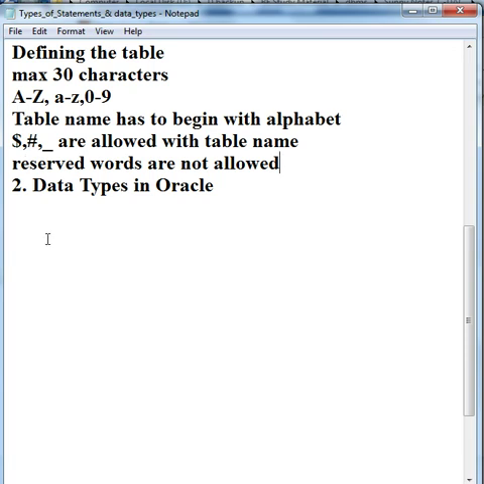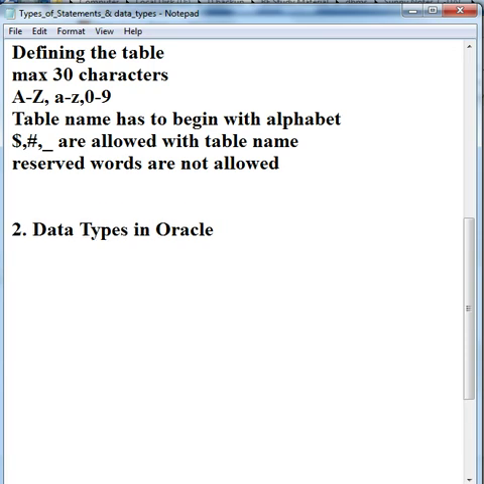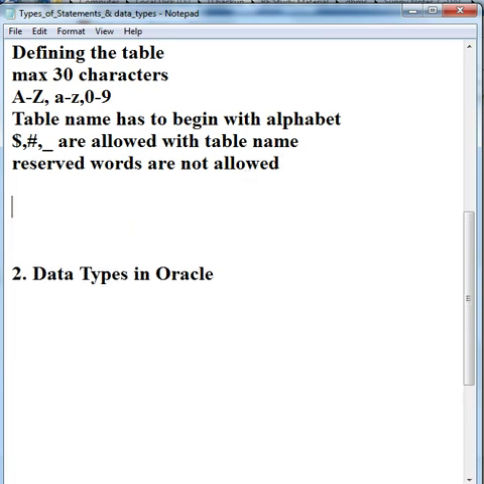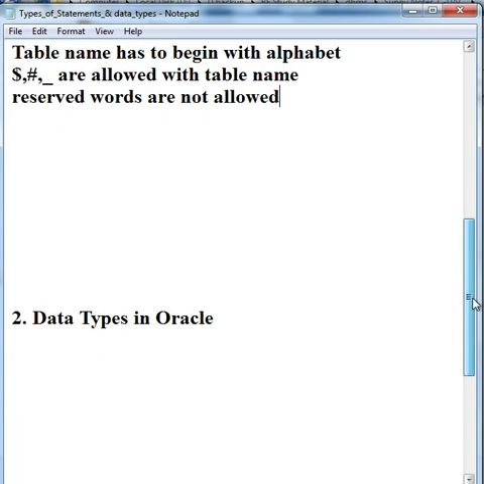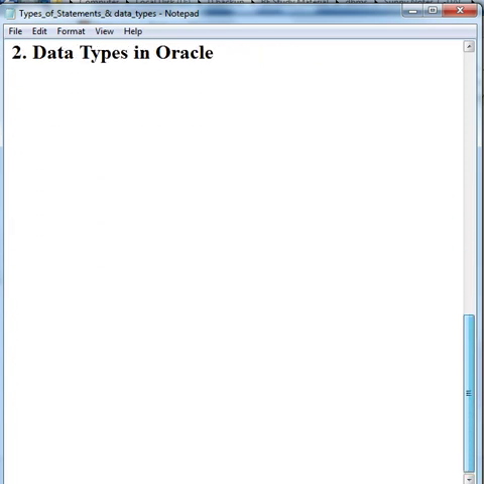Now the data types in Oracle. Just like C, C++, Java and Python, we have some data types in Oracle also.